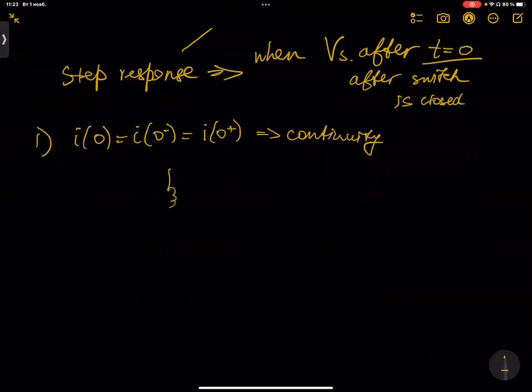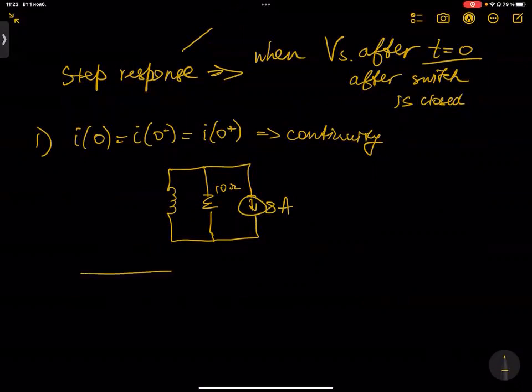We will have this inductor, and then we have a resistor, and we have a current source: 8A and a 10 ohm resistor. As you know, before t equals 0, that means from minus infinity to 0,